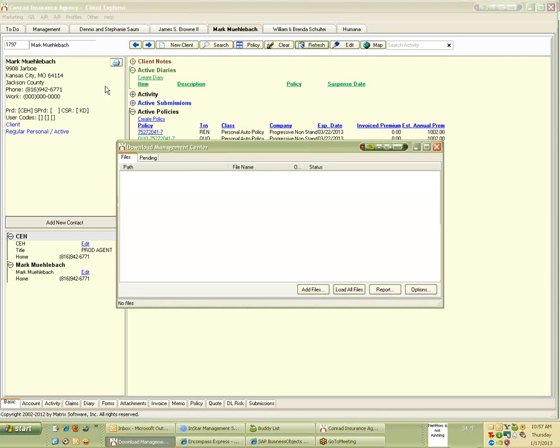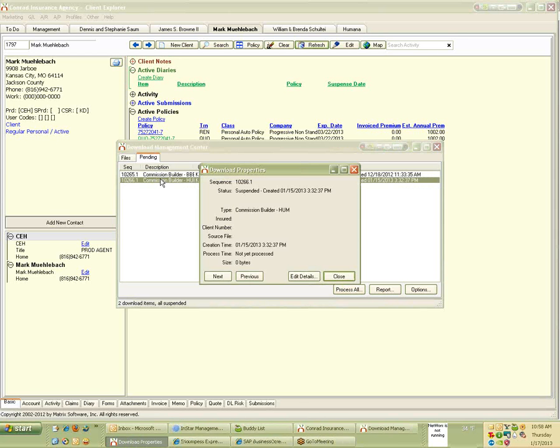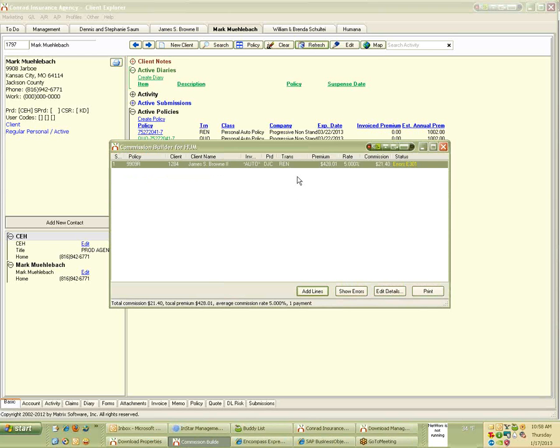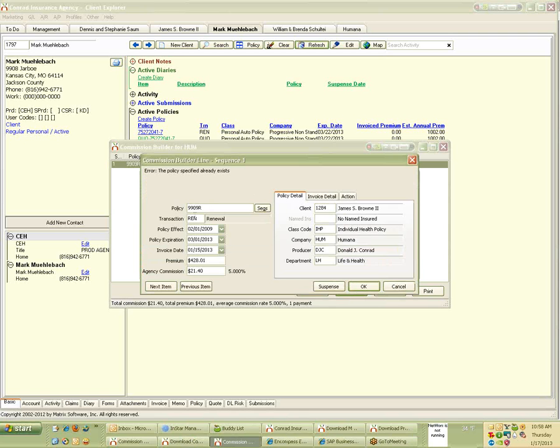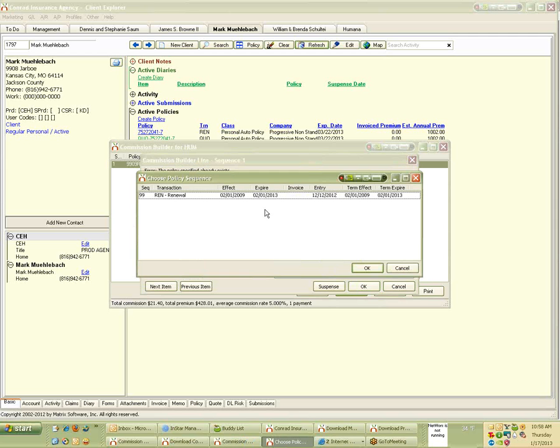Okay, because there is one in there that's pending, and I couldn't go any further. Okay, so did you finish it? It wouldn't allow me to. There was an error. Okay, let's see. Here's an error. So we see the errors, and this just says the policy already exists. So we can just edit the sequence and see, you were creating something here. I don't know exactly what you were doing. I was just trying to apply the